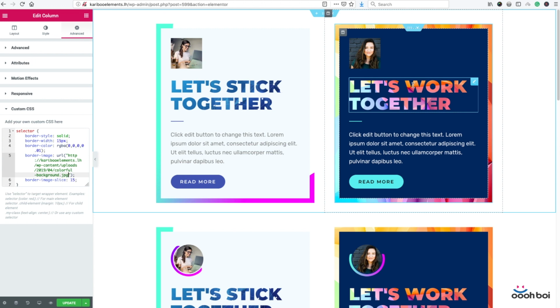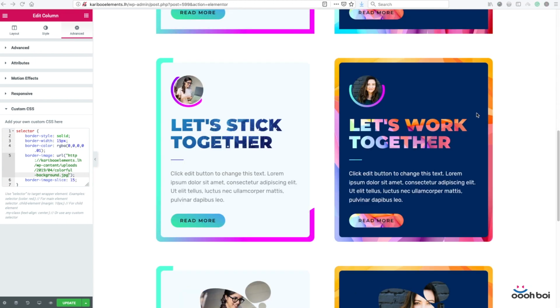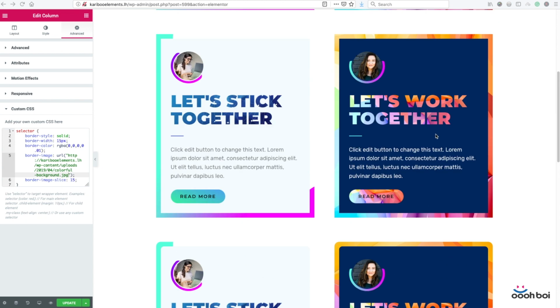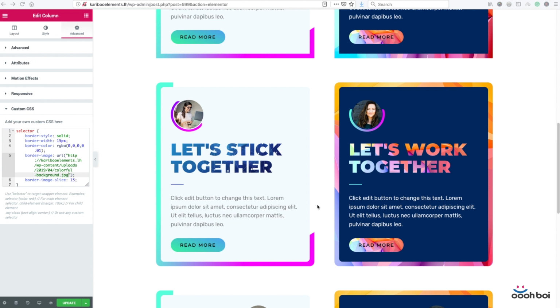But any caveat to image border? Well, just a minor one. You cannot set rounded corners. It's just the way it is. No rounded corners with image border. That's why I'll show you another method of setting up image border, and that method doesn't actually include any additional CSS unless dealing with SVG file. As you can see, there's a slight difference in corner roundness. These are not rounded while these are rounded. Okay,